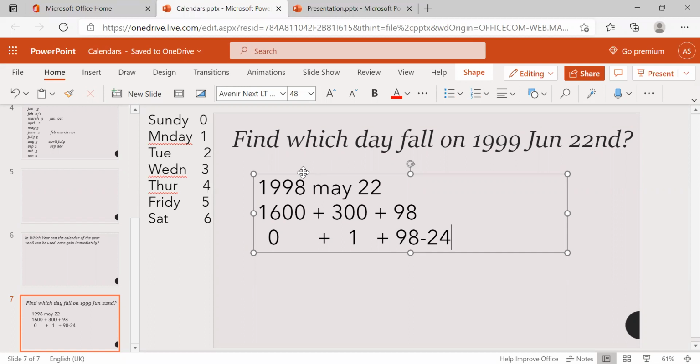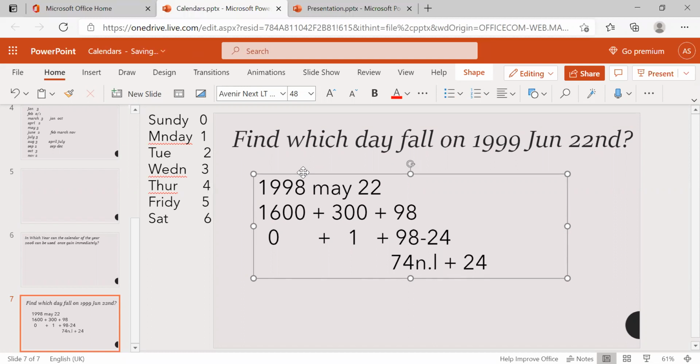So how many non-leap years will be there? 98 minus 24. Just write it. Here I have 74 non-leap years, plus 24 leap years.